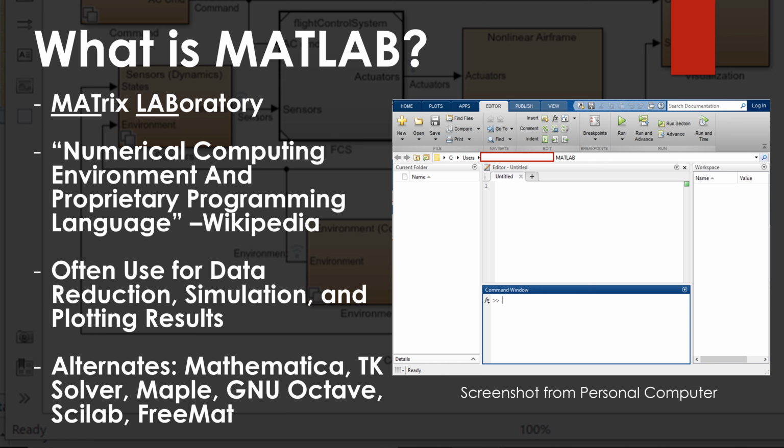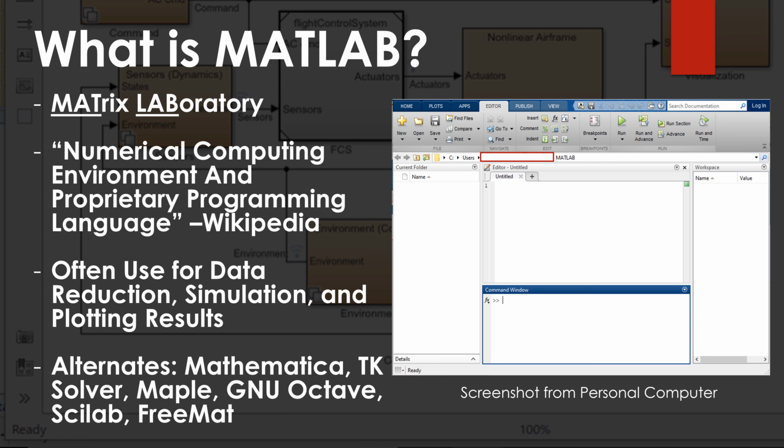Now, if you ask people what MATLAB is, they might have different answers and it might be hard to explain. Some people might say, oh, it's just an expensive programmable calculator on your computer. Other people might say that it's a computer language. Some people might just say that it's a data analysis software, but I really like the Wikipedia definition. I know in school Wikipedia is not a good source. However, when it comes to describing MATLAB, I think it has a very good definition.